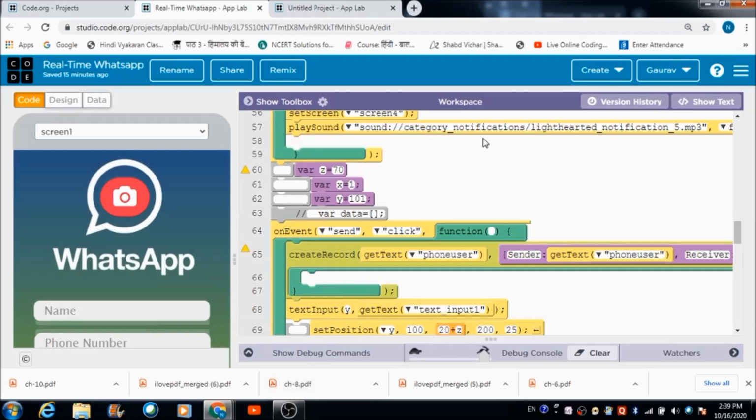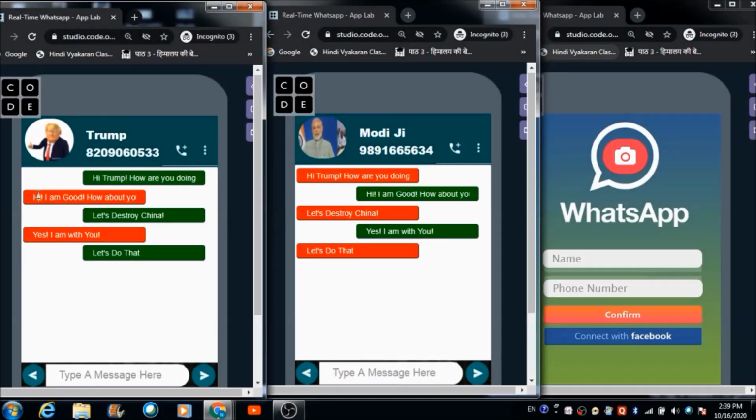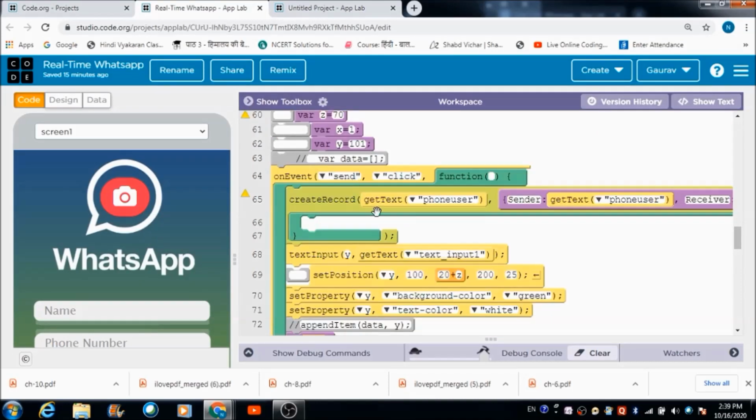For creating these text boxes that you're seeing right now, this green input box, this red input box, for creating these dynamic boxes, I have made use of some variables.